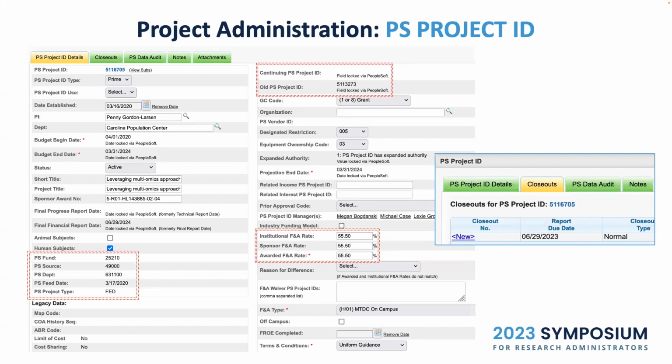Another really helpful bit of information is it will tell you if it's a continuing PS project ID or if there's an old PS project ID linked to it. So that's extremely helpful information. How the F&A calculation was established, when this was the rate that was being used. So what the institutional F&A rate was at the time, what our sponsor F&A rate was, and what the awarded F&A rate was, as well as, I've highlighted here in the small box to the right, the closeout tab within